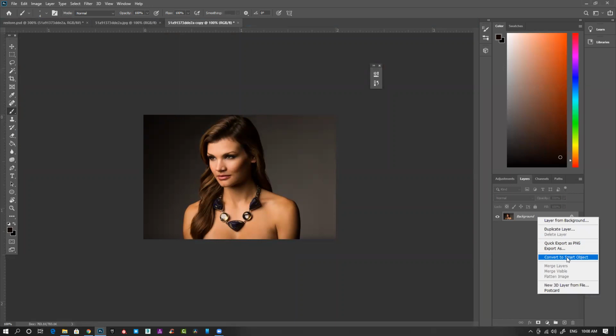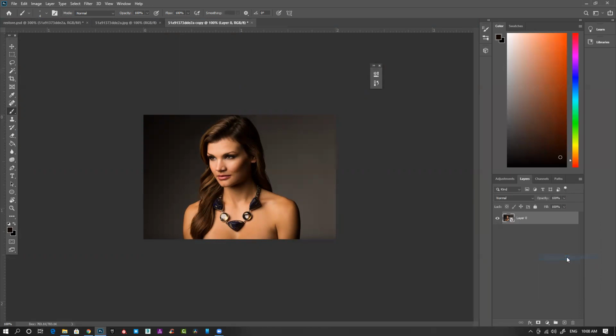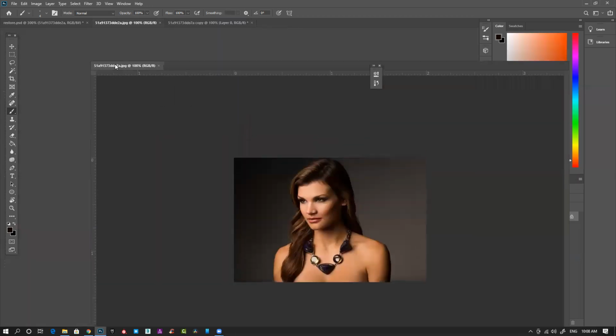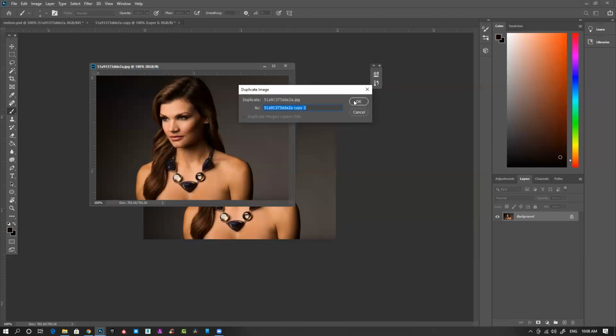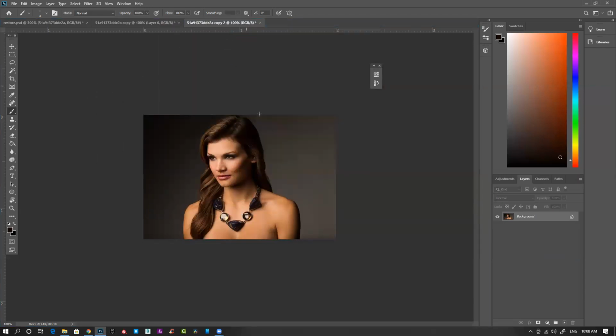It basically locks the image, size, pixels, and everything. And then let's duplicate this also, so that I can have two versions of this. One is raster, one is smart object.